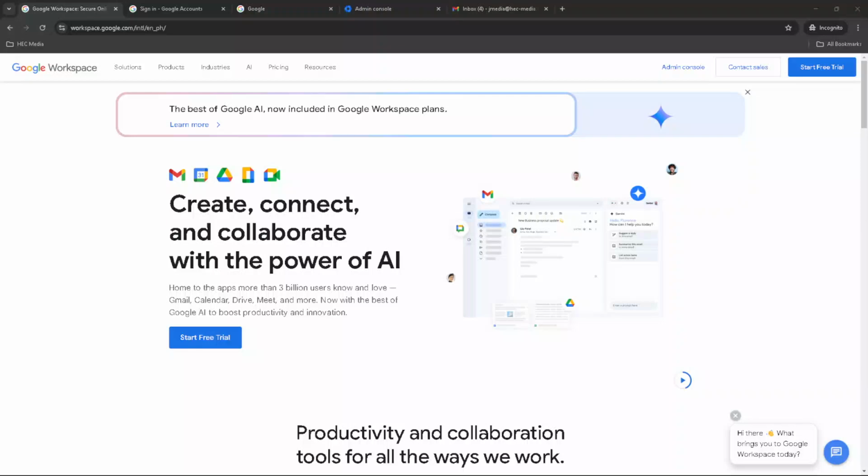In today's video, I'm going to teach you how to add a signature to your email address through Google Workspace. This process is quick and efficient, taking just about 5 minutes of your time. So, let's get started. To begin, you'll want to navigate to Google Workspace.